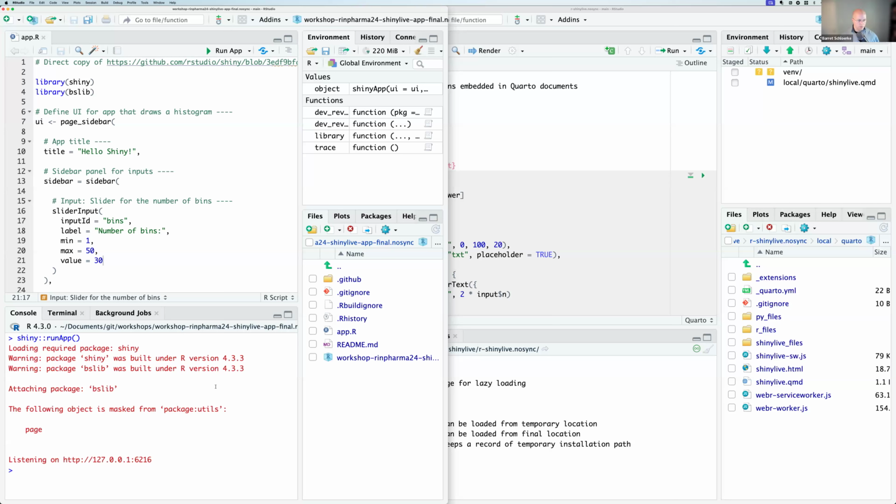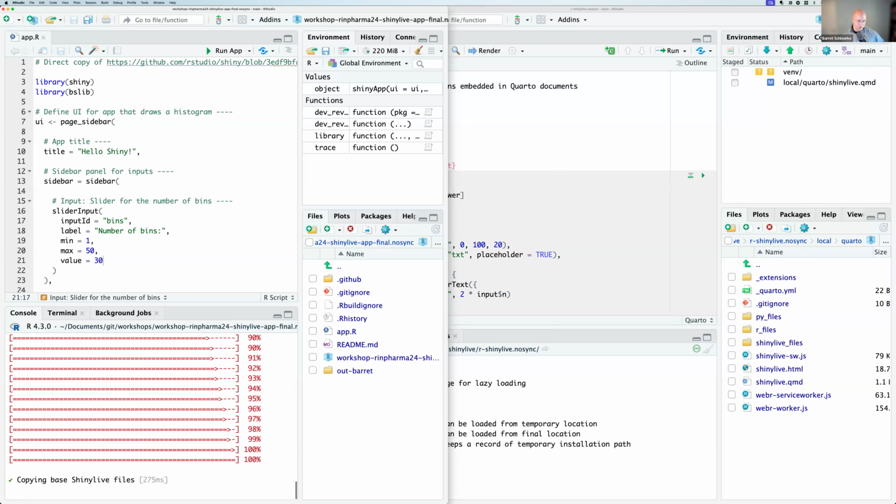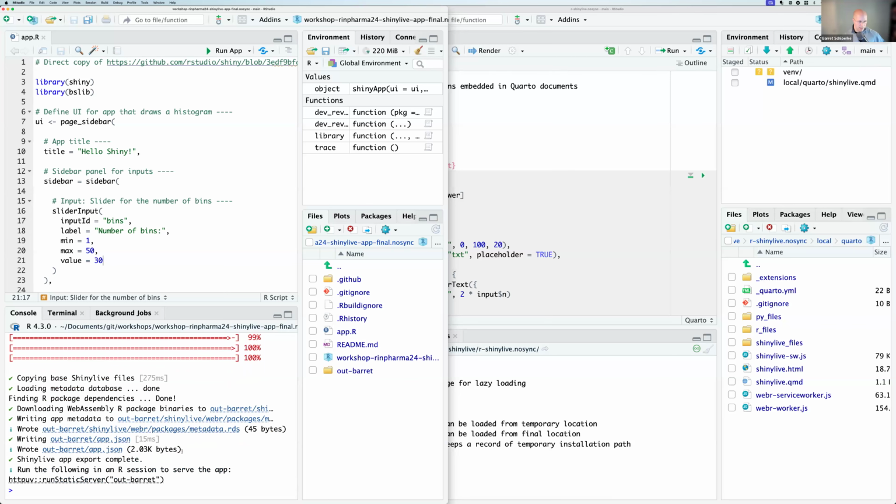Okay. So now we can call shinylive export, and I'm going to export the current directory, dot, and I'm going to save it to out Barret, just because I like to name all the folders after my name. It's very fun. So I'm doing this. It went quite quickly, copying more folders, and then ta-da, done.